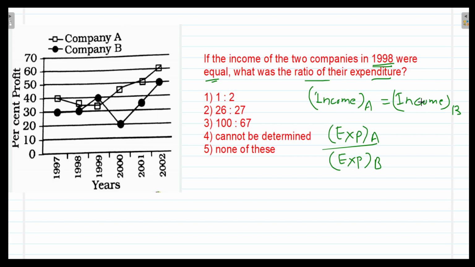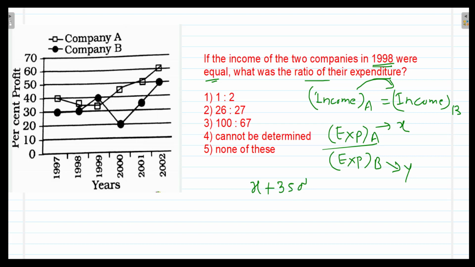Since it is given that these two are equal, we know the equation, and with the help of this equation we can find the ratio of the expenditure. Here first I will explain in detail how to solve this, and then I will tell you how to do this in the shortest way. We know that income is what? Expenditure plus profit, and income of B too will be expenditure plus profit. So here let the expenditure of A be X and the expenditure of B be Y, and therefore income will be X plus